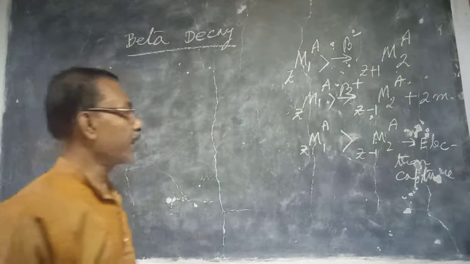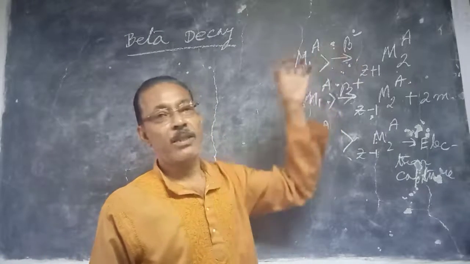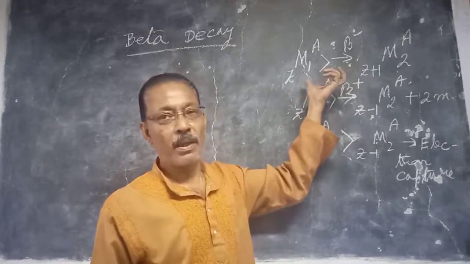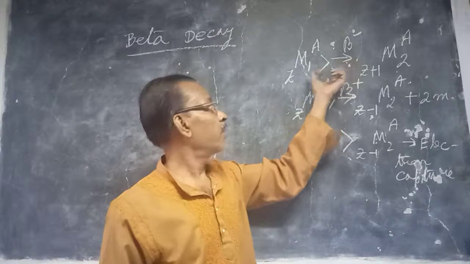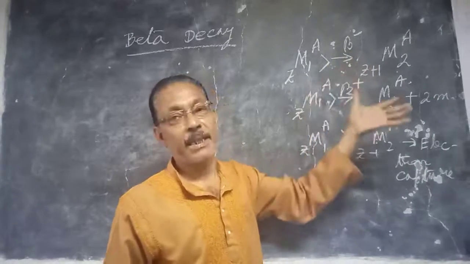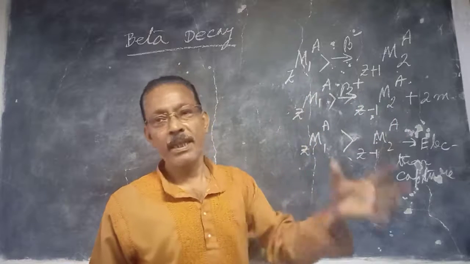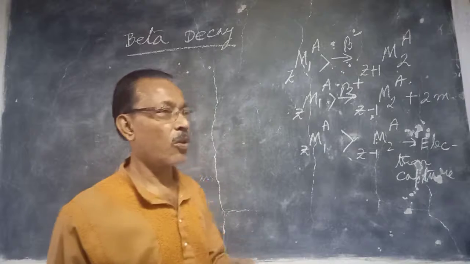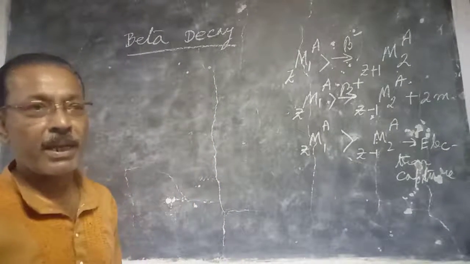Now it reveals that only a single beta particle is not emitted in this process. In this process, more than two particles are involved. Here, besides the parent, the daughter and the beta particle, another particle will be there, so that the energy is distributed among the different particles. So it is understood why there is a continuous distribution of the beta particles.